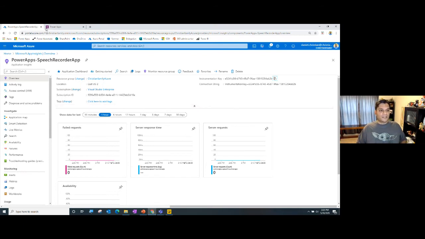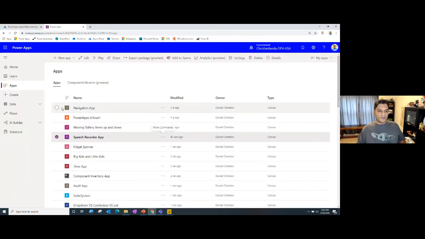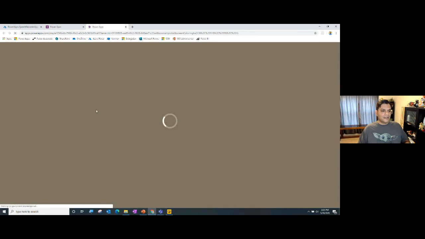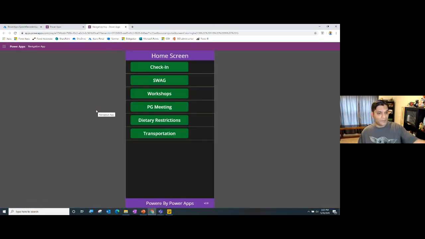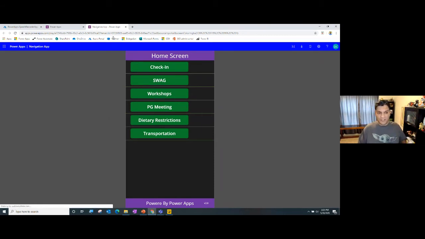But what I want to do is show you a few apps. So remember that navigation app that I showed you? I've actually got some insights being pulled on that. So remember, this was the app that I went ahead and used from the desktop. I went ahead and used that from my iPhone over here. I did it a few different ways, and I've been doing this extensively for quite some time.